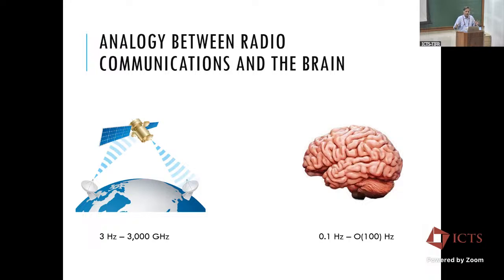So what we are thinking about the brain is like this. Think of the brain as some kind of a communication device, or communication environment, like radio communications. Radio communications use frequencies from 3 hertz to 300 gigahertz. If you use any smaller frequency, the wavelength becomes much bigger than Earth's diameter and you cannot communicate. If you use very high frequencies, the loss becomes so high that it becomes impractical to transmit. So that gives you a range. Similarly, the brain's medium maybe allows efficient usage of only a certain band, and nothing less, nothing more will work.